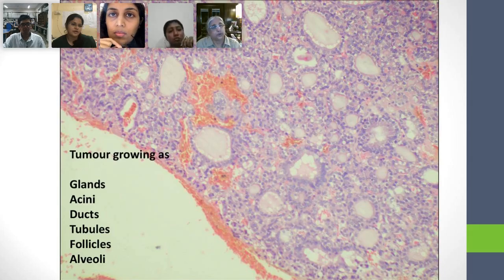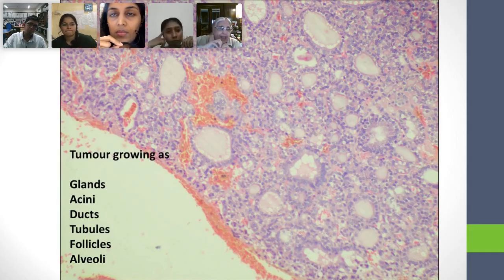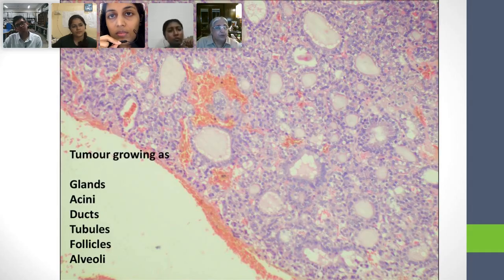So I don't think so. The shape, yes. What is the shape, Neha? Spherical. It's a spherical structure. That is all that a follicle means. You have hair follicles. The hair follicle is a spherical structure, right? And from that you have the hair shaft, but the hair follicle itself is a spherical structure. So that's what a follicle is.